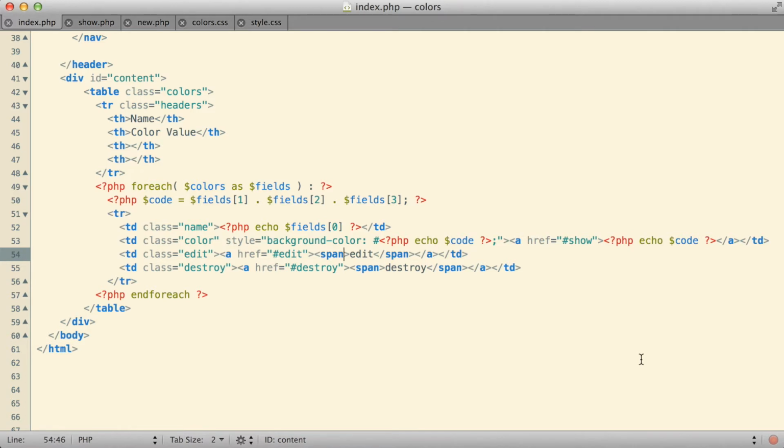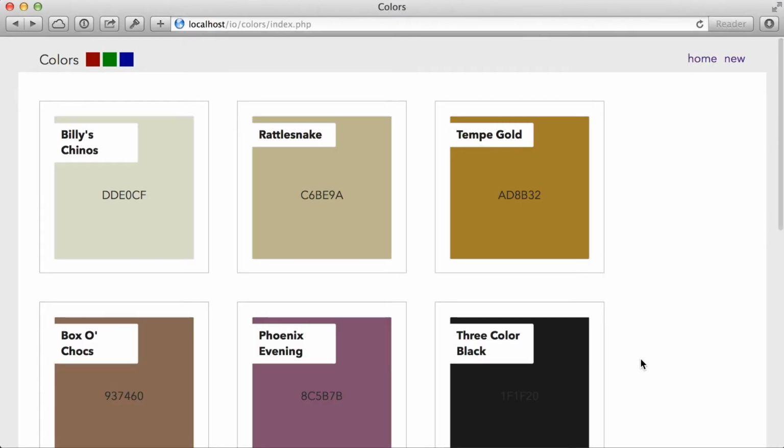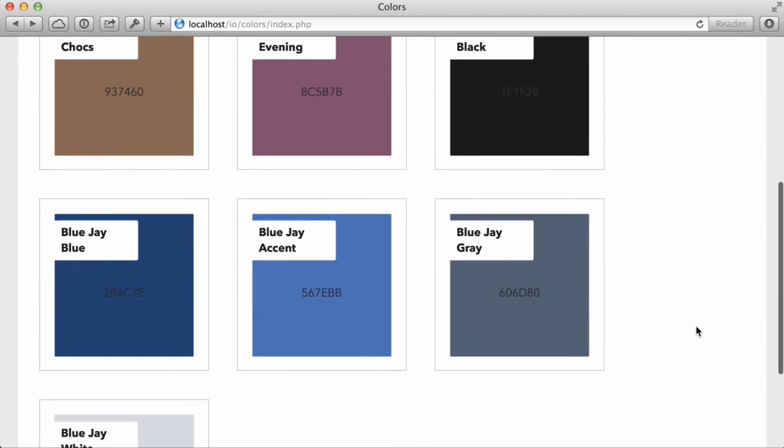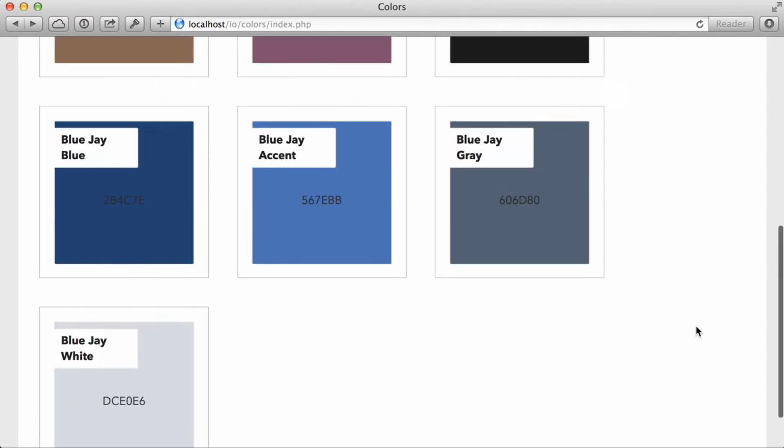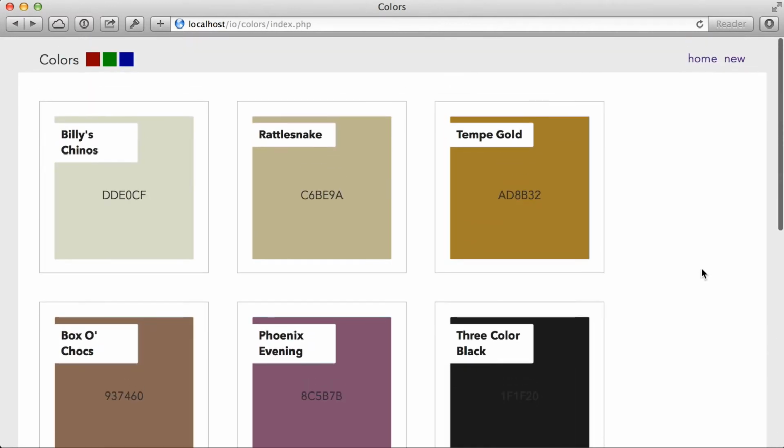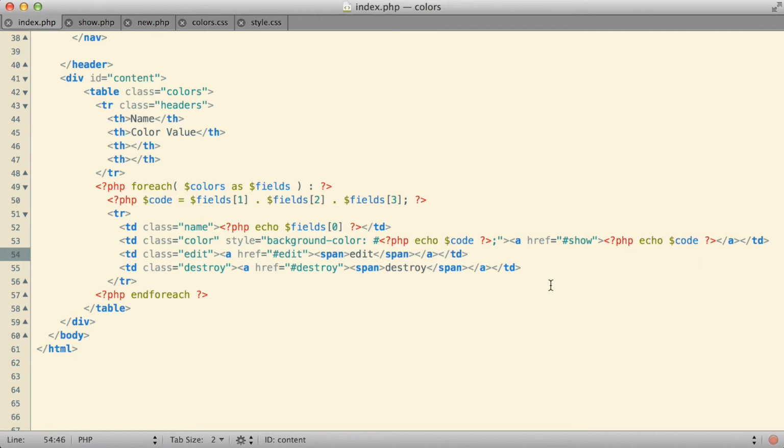In our previous video, we started working on a CRUD system, a system that would essentially let us create, read, update, and delete colors. In that previous video, we put together a page I called Index. This index page essentially gave us a list of all the different colors that we currently have available in our colors file. We had a little bit of CSS in there to jazz it up, make it look a little bit nicer, and I put some placeholder links in to be there for us when we were ready to take